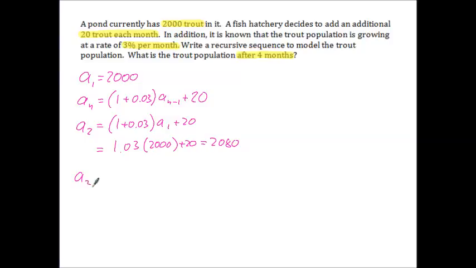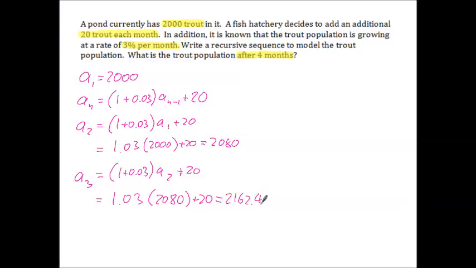Then a sub 3 is 1 plus 0.03, a sub 2 plus 20, which is 1.03 times 2080 plus 20,